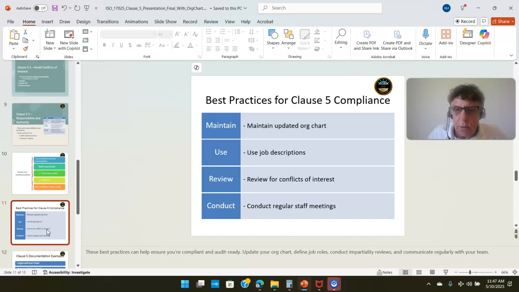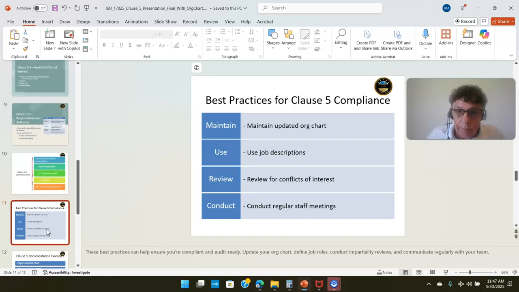Like I said, you can either point to your organization's chart from your quality manual and have a separate document, or embed your organizational chart within your quality manual. You want to use job descriptions, which we'll get to in more detail in Clause 6, specifically 6.2. And you want to review that there are no conflicts of interest within the management system, and then conduct regular staff meetings. So these are best practices that can help ensure that you're compliant and audit ready,